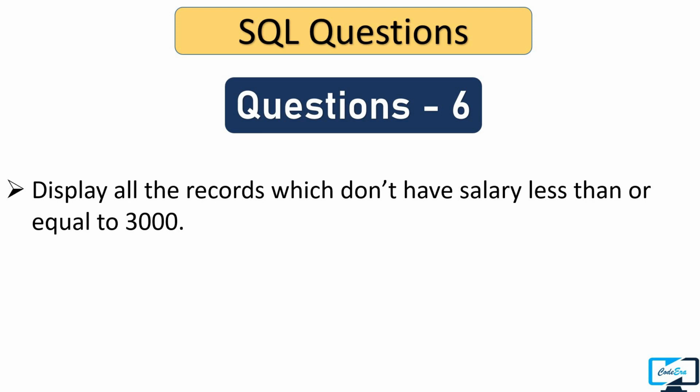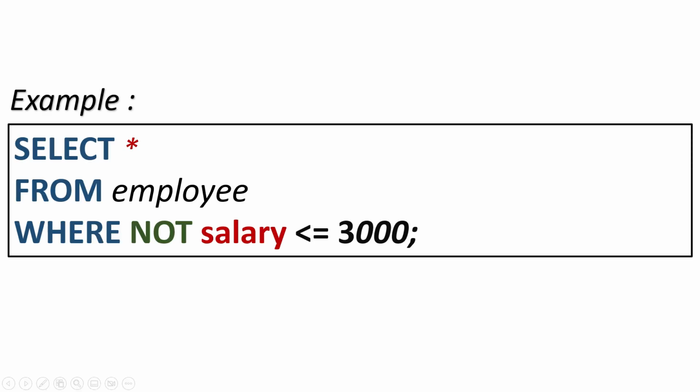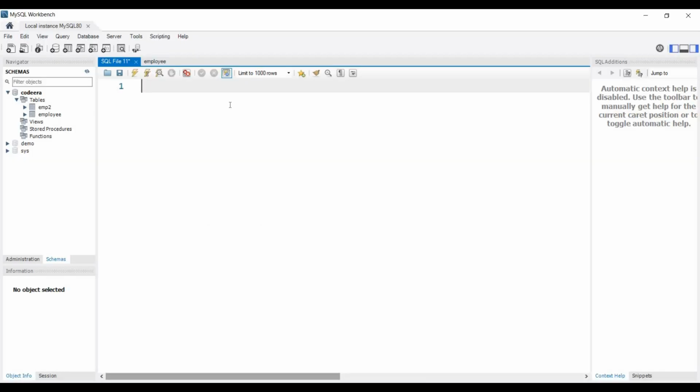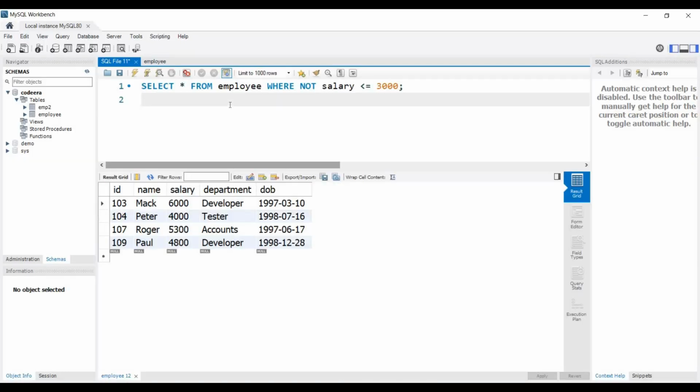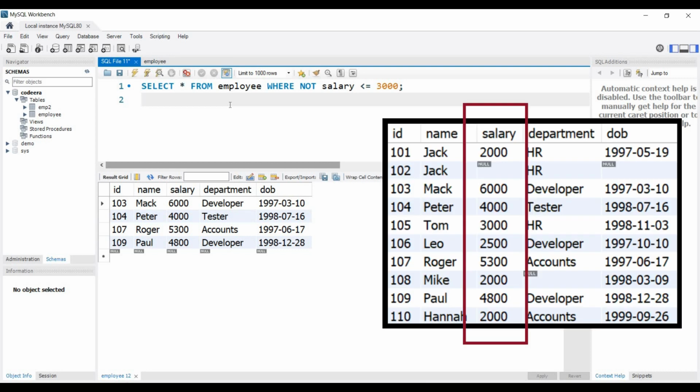So for this we will write select star from employee where not salary less than or equal to 3000. So let's execute our query. In the output we have 4 records and all the salaries are not less than or equal to 3000. So guys, this is how you can use the NOT operator.